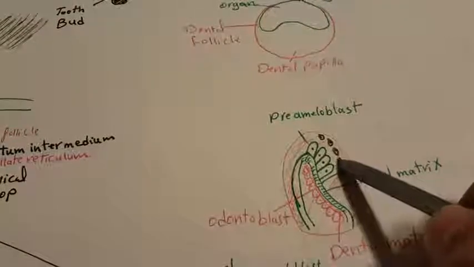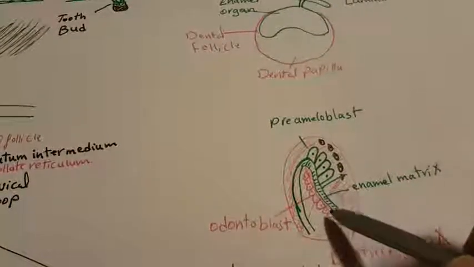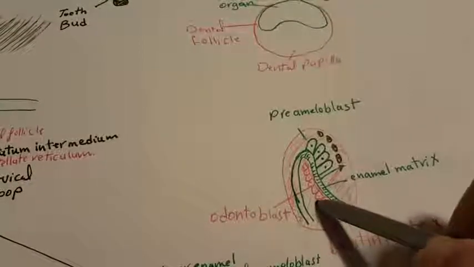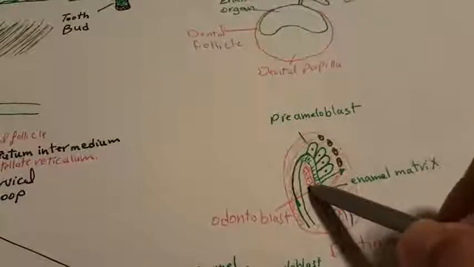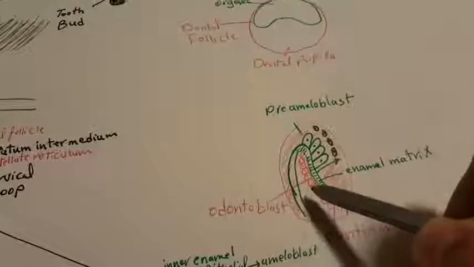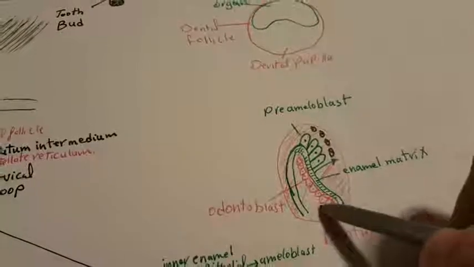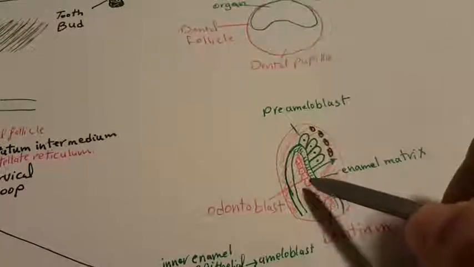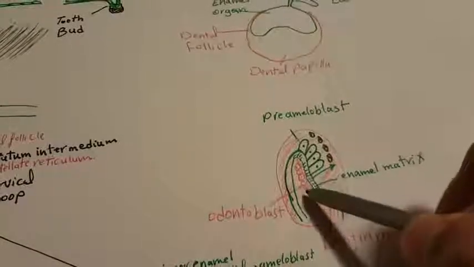This elongation will induce the ectomesenchyme, which was already pre-odontoblast, to become elongated as well,